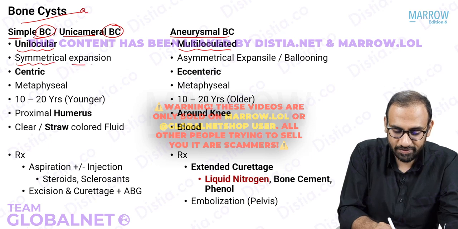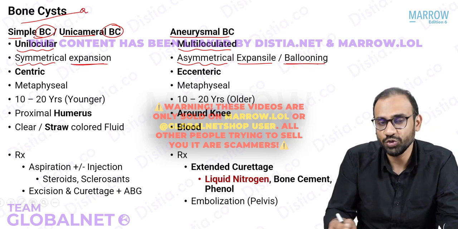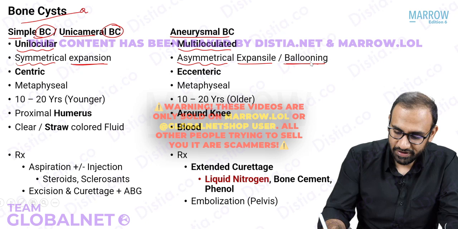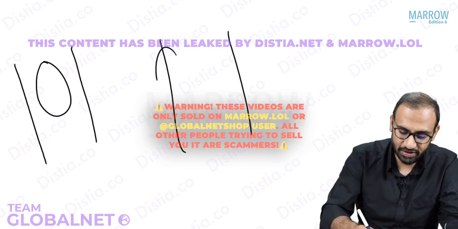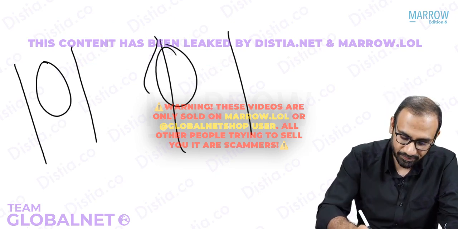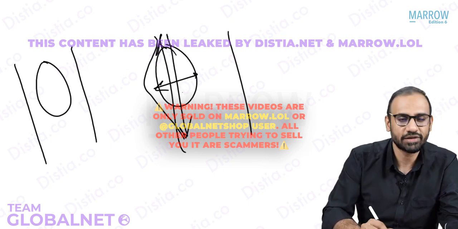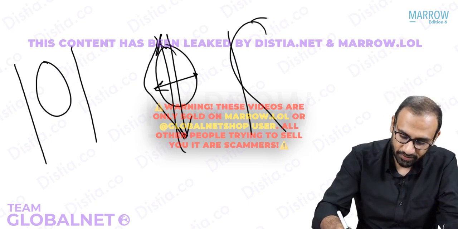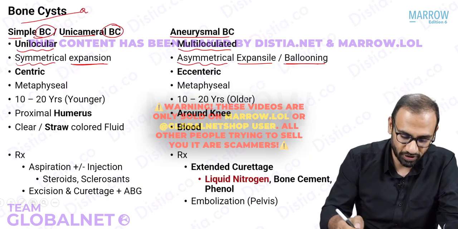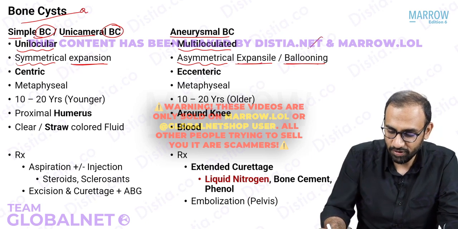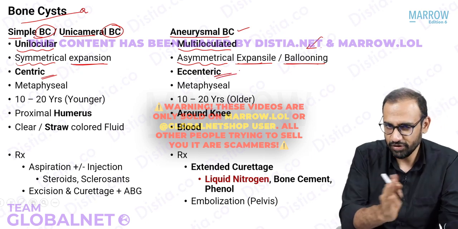This is a symmetrical expansion and this is an asymmetrical expansile cyst which shows ballooning. So what are these terms? These terms are very simple. A centric cyst is usually in the center, I've told you. An eccentric cyst is at the edge and it is expanding. How is it expanding? The vertical length will be more than the horizontal length, like a balloon. So eccentric, expansile and ballooning will be seen in aneurysmal bone cyst. This will be centric and this will be eccentric. Are you able to differentiate so far?